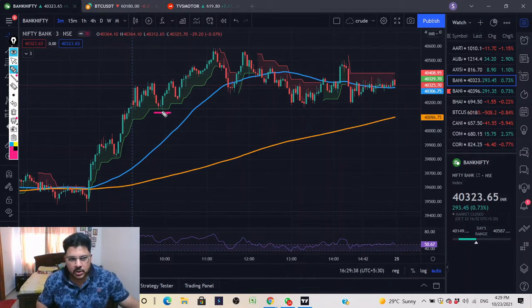So what is the drawback in this? If it is a sideways day, even then you will get profits like this, and again they go back, again you get an entry, small profit, small profit. So you can do a scalping like this on this strategy whenever you see a candle near the super trend or near the critical moving average. Okay. And this will also act as a major spot.